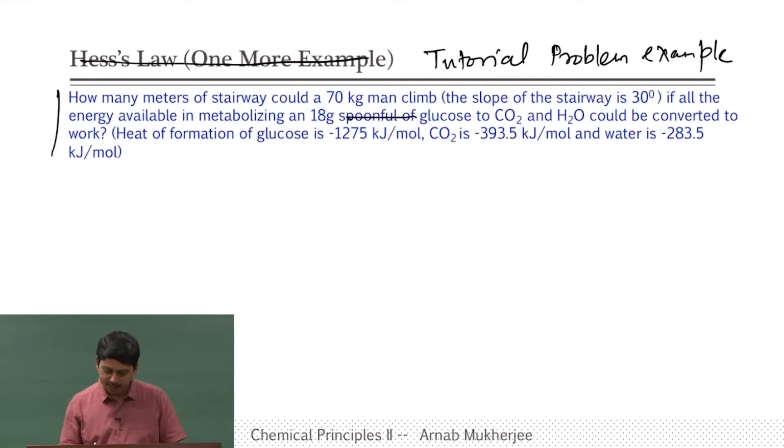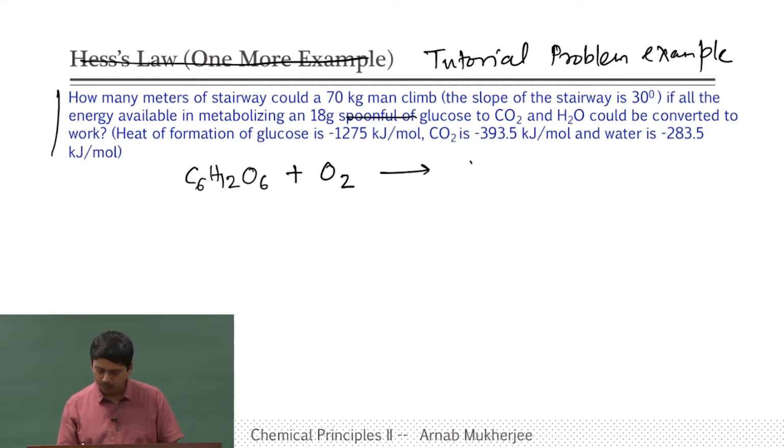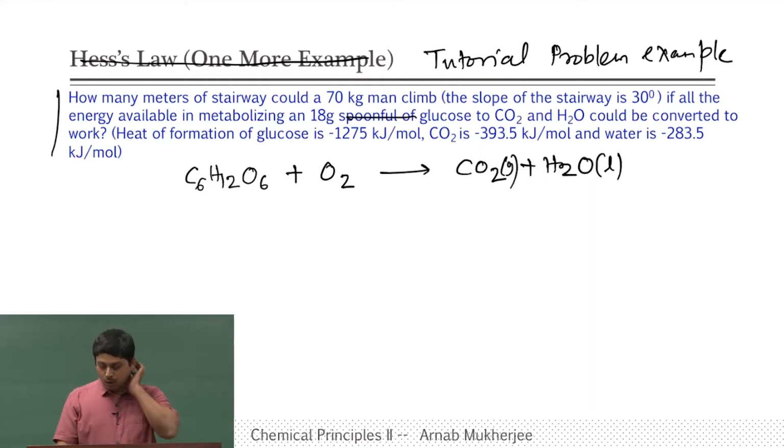So, what it is saying is that glucose is C6H12O6 and it requires some oxygen to form CO2 and H2O. So, that is the combustion of glucose or metabolization of glucose. Let us say everything is converted to energy. How much energy will it give us? Since it is a heat of reaction,